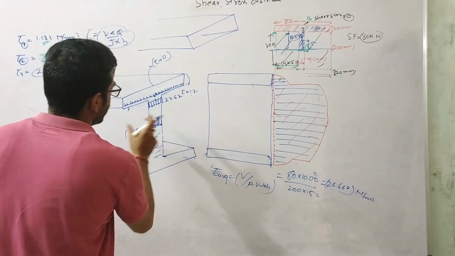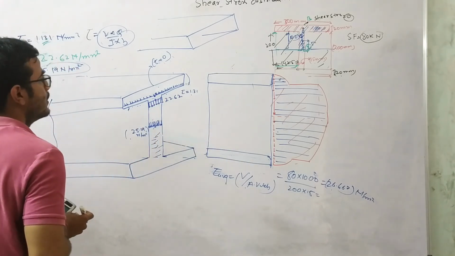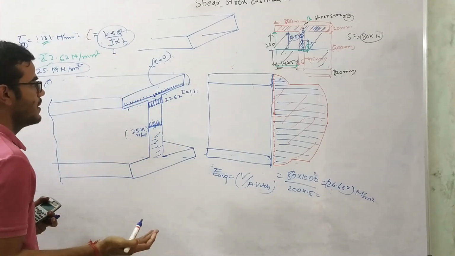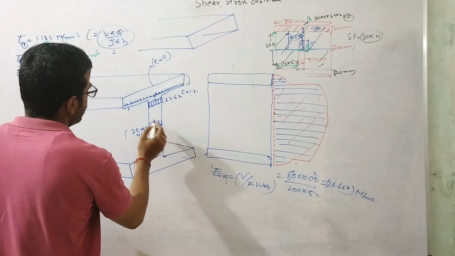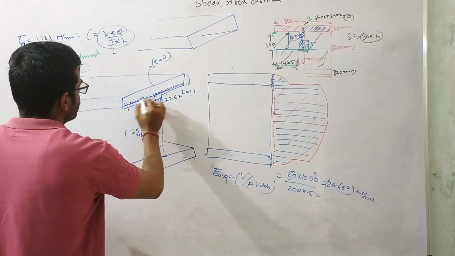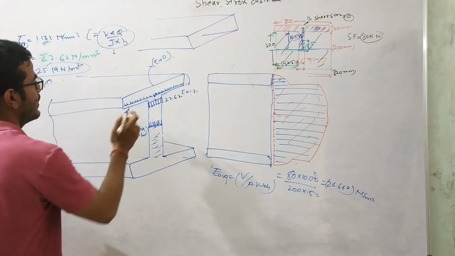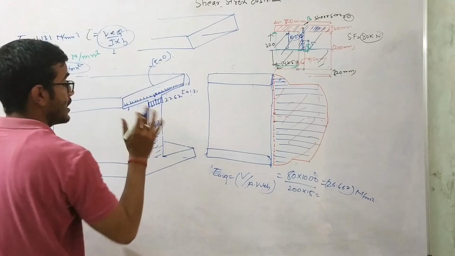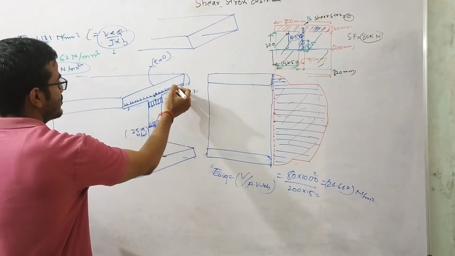Okay. And one more thing I would like to tell: at these junction points which we have previously studied, the reliability of this formula is reduced because there is a sudden change in cross section, so stress concentration may occur. So these results won't be true. The variation along this flange is also, as per the assumption, not correct, because for this flange portion b by h is very large. So this variation which we have assumed constant is actually not constant. There may be 30-40% variation in the stress at this flange portion.